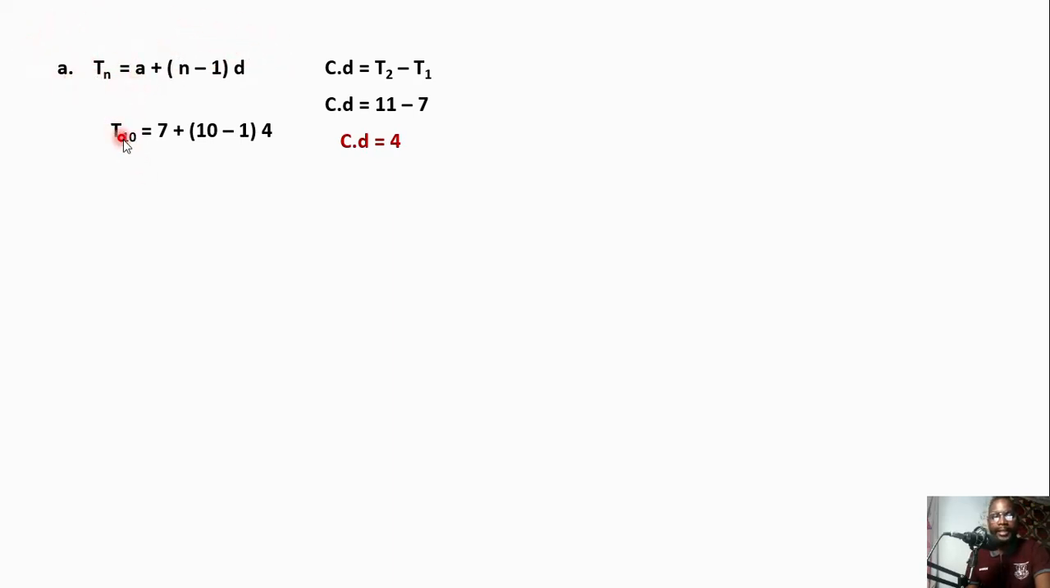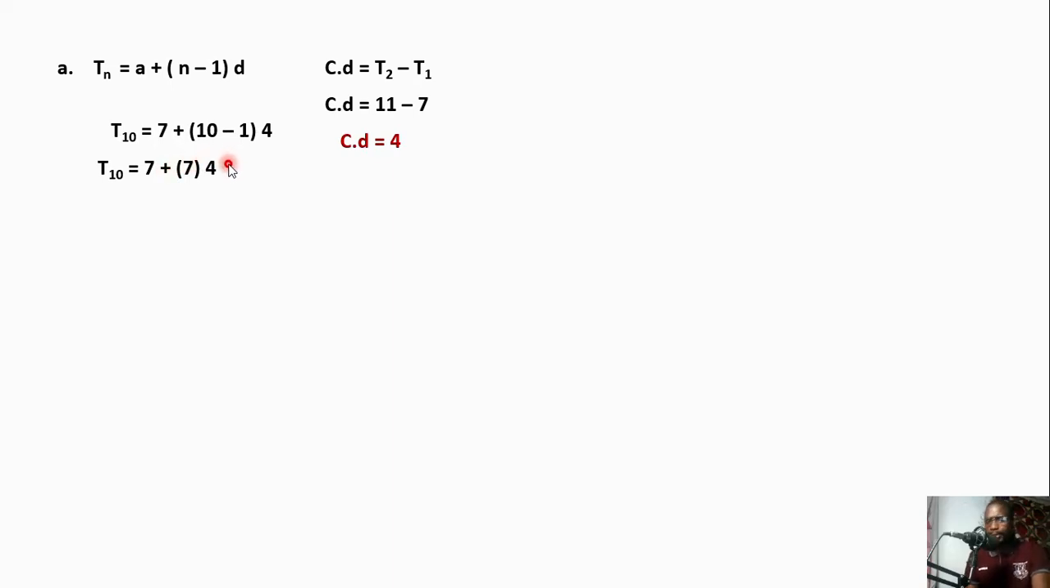So you say the 10th term is equal to, what is our first term? Our first term is 7. This is the 7 I'd put here, plus number of terms. Which term am I finding? The 10th term, minus 1. Then the common difference is 4, the one we found here. All right, so we just simplify here and say the 10th term is equal to 7 plus,